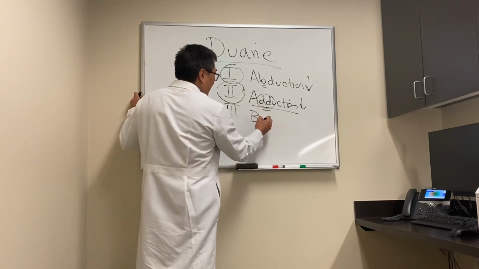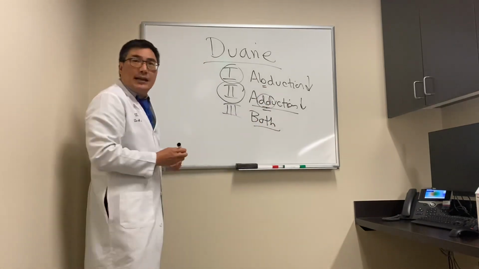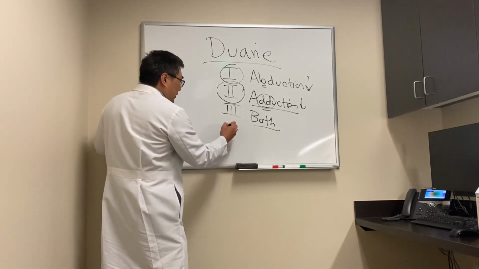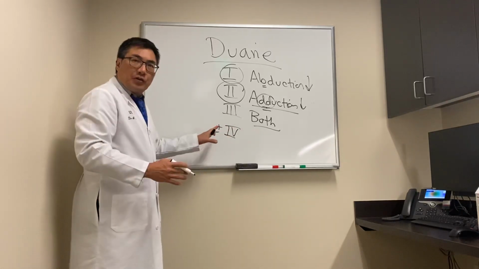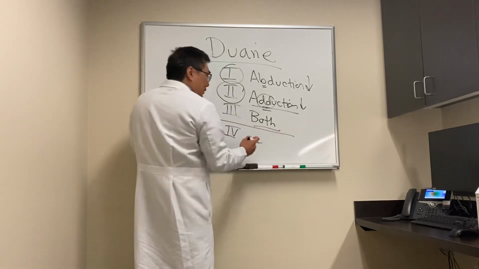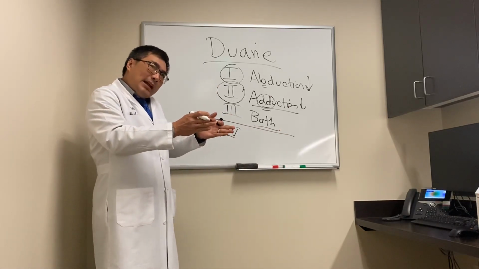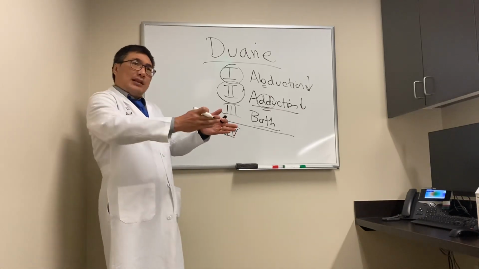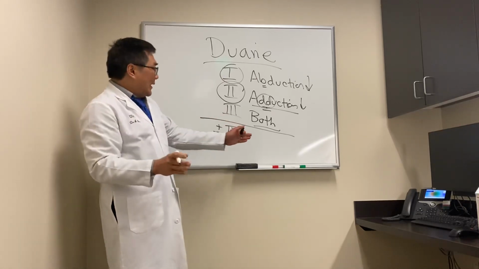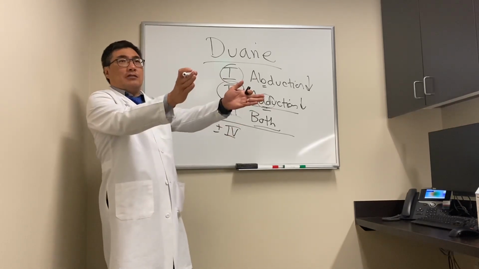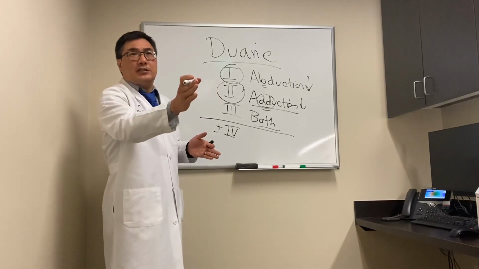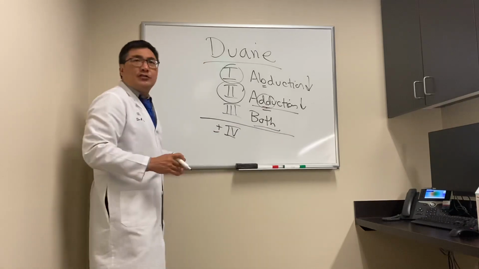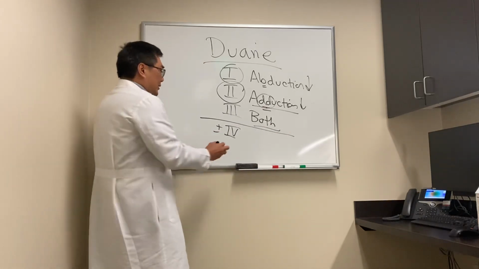And in type 3, we have both an abduction and an adduction deficit. There's also a different type, which is sometimes called a 4th type, in which attempted adduction actually leads to paradoxical abduction. So instead of the eye adducting, it abducts. That's because the innervation is split between the 3rd and the 6th, but the predominant innervation is the lateral rectus, and so the eye abducts. Sometimes that's referred to as synergistic divergence, but this is a paradoxical